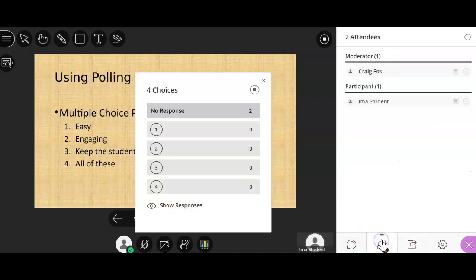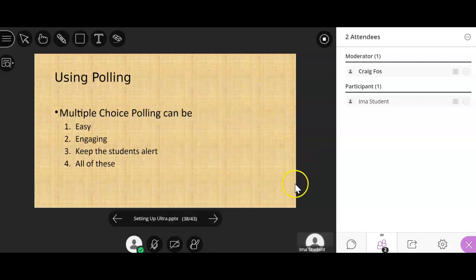You'll be able to look at the students in the same manner to see who's answered. The key thing here is to always remember when you're done to end the polling by clicking in this circle, the box in the circle, and not the X. I keep doing that myself. When you go to do a poll again, you've got to close it out, so be sure to do that. Well, that's it as far as adding polling